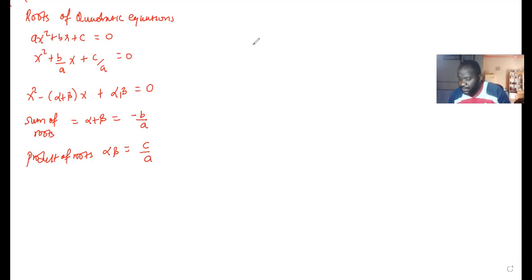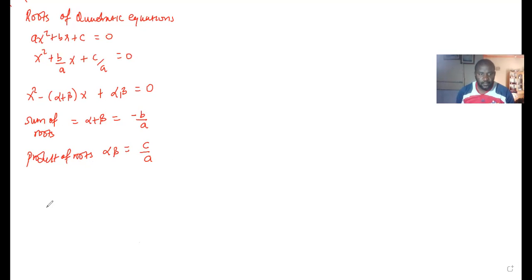So we had seen what to find. In case a question is asked, they can ask you to find alpha plus beta, alpha cubed plus beta cubed, alpha squared plus beta squared. Now we are going to have this information also used to find equations. They can give you roots, and then they ask you to find equations. But before that, let us have a reminder, a review number here,